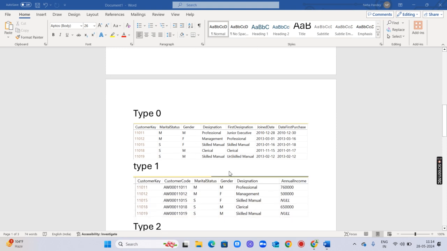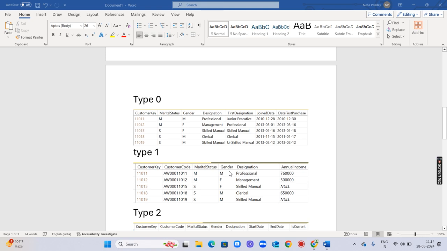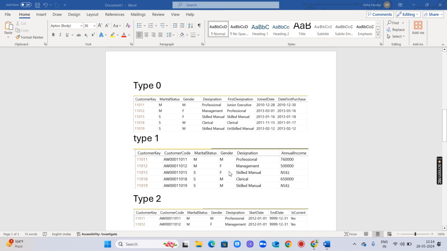So let's discuss type 0 in more detail. In type 0, as we already know, we ignore any change and audit the change. There are some situations where you ignore any changes.